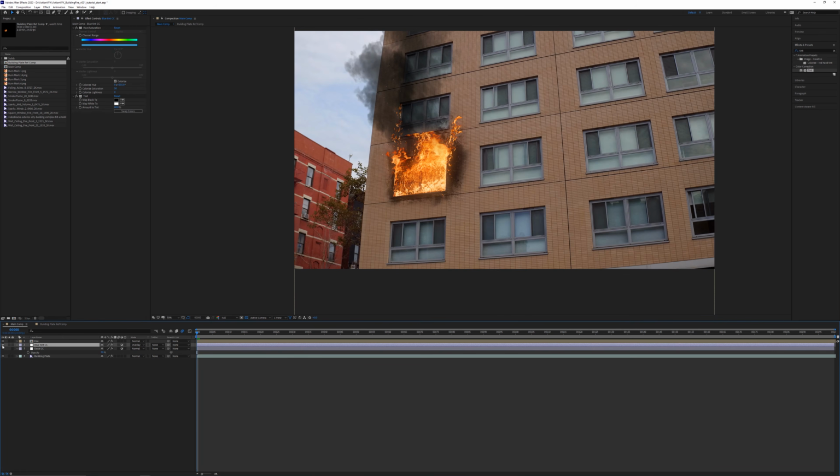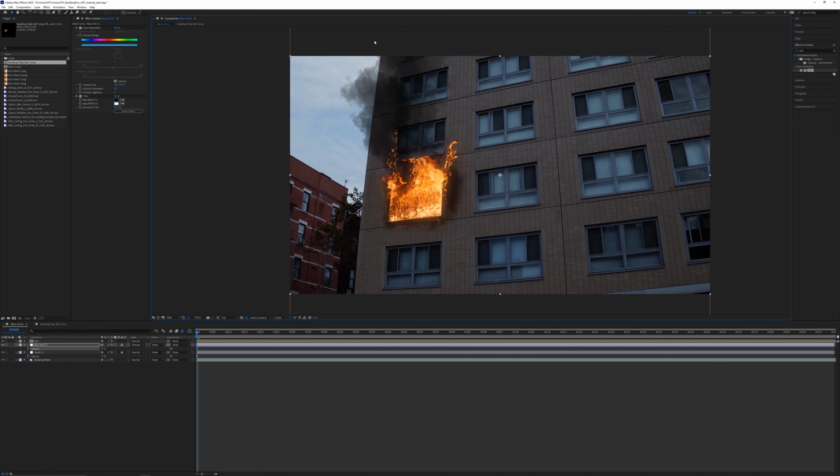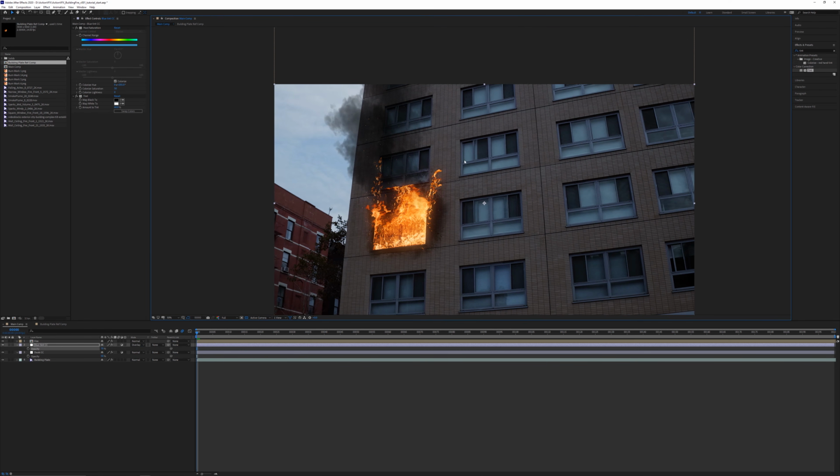And then both of these together, you can kind of play around with the opacities of them to get your desired look. You could also use gradients, especially if you're looking much higher up in the sky. But in this case, we're just looking at the facade of a building, so not a lot of use for a gradient in this case.